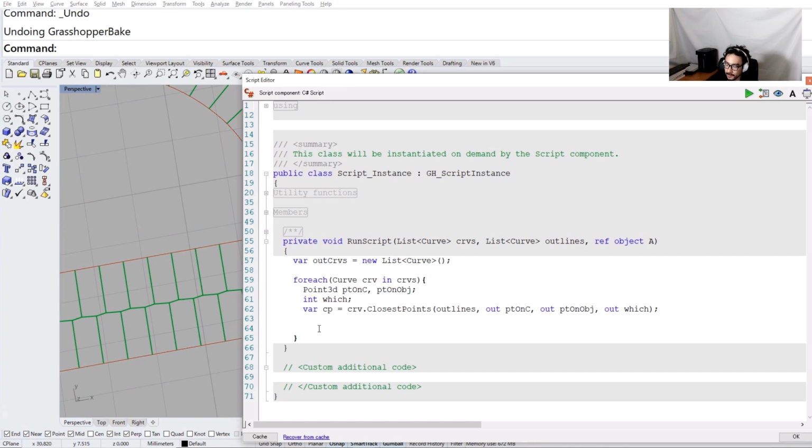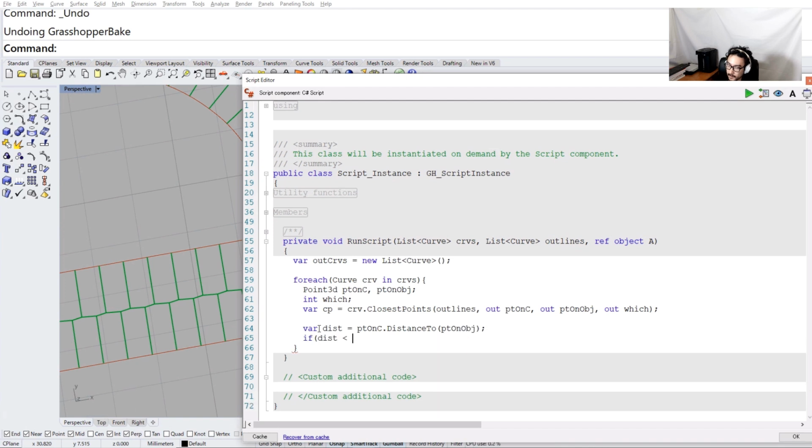So that's the way you can define if the curve is touching with the outline or not. So let's calculate the distance between those 2 points by using a distance2 function. And if the distance is close to 0, I'm just gonna create some threshold like 0.01,